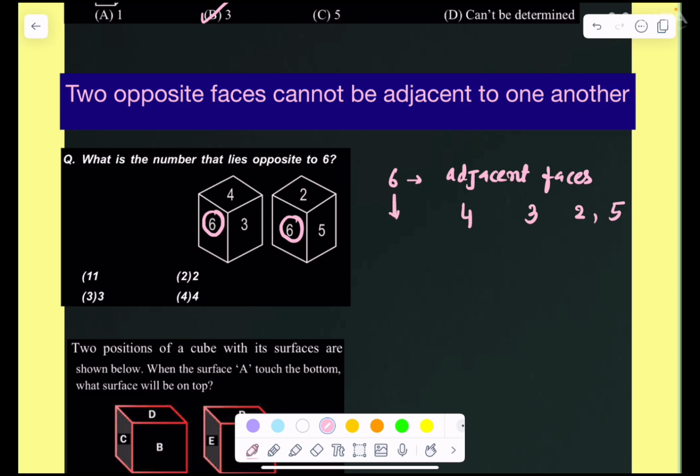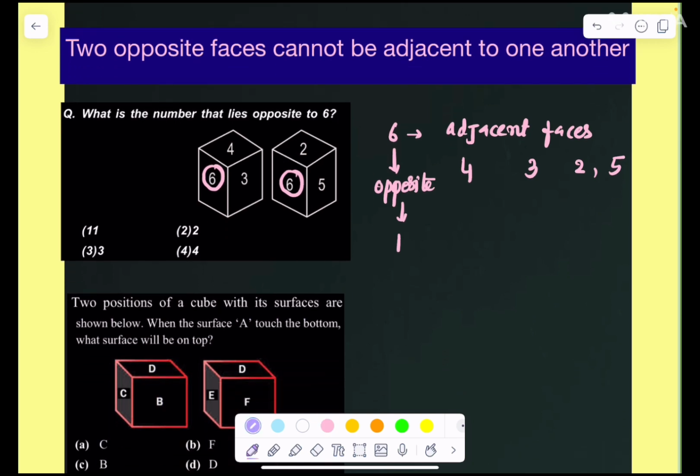Now which is opposite to the 6 value? Only one face is missing here. So the opposite face to 6 is 1. Similarly, when two dice contain only one common face, in such a case we can check the face clockwise to 6. The face clockwise to 6 is 4 only. Here also the face clockwise to 6 is 2, and 4 and 2 are also opposite here. And next, 6 anti-clockwise is equal to how much? What is the face value here?